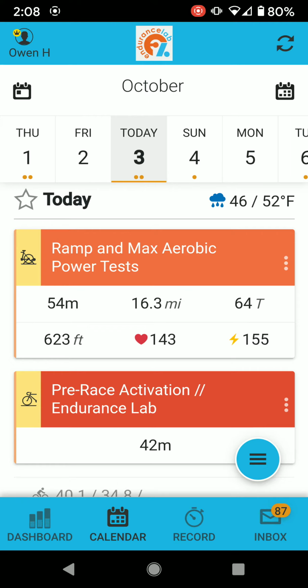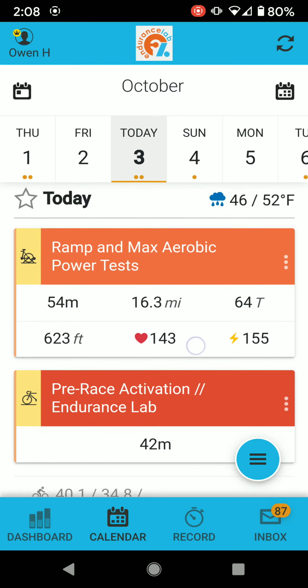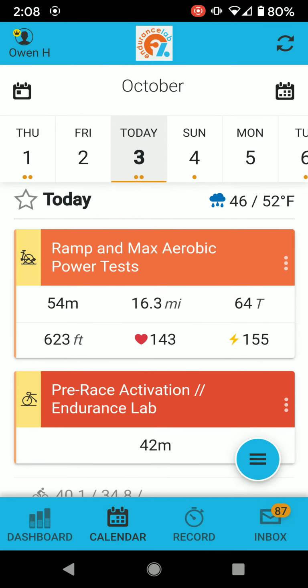Coach Flo here. Just wanted to take a chance to give a little bit of an explanation of how to get your data out of the ramp and max aerobic power test. Owen was nice enough to let us take a look at his data, and we can go ahead and go here. So I am in the mobile app, which you can download in the Apple App Store or the Google Play